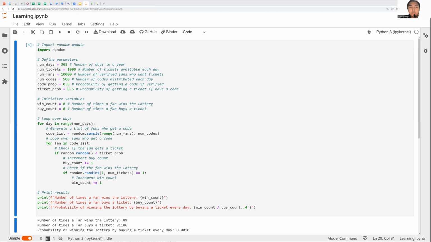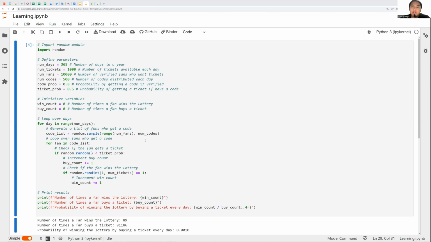Among the fans who bought a ticket, if a randomly generated number between 1 and num tickets is equal to 1, the fan wins the lottery. This is determined using the random randint function, which returns a random integer between the specified range, guys. And finally, if the fan wins the lottery, the win count is incremented.